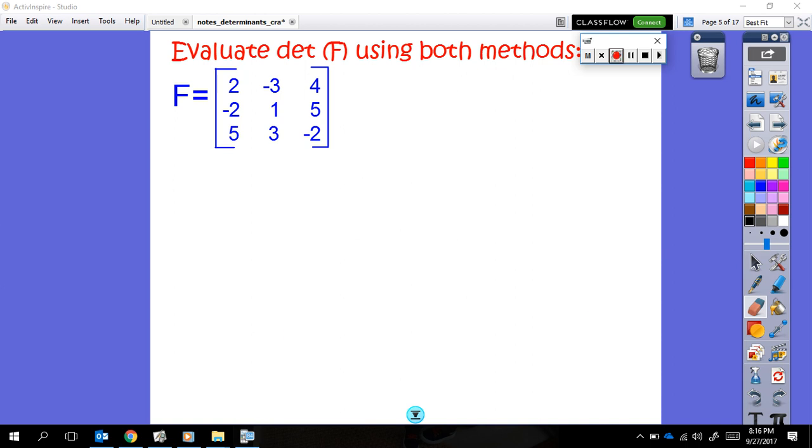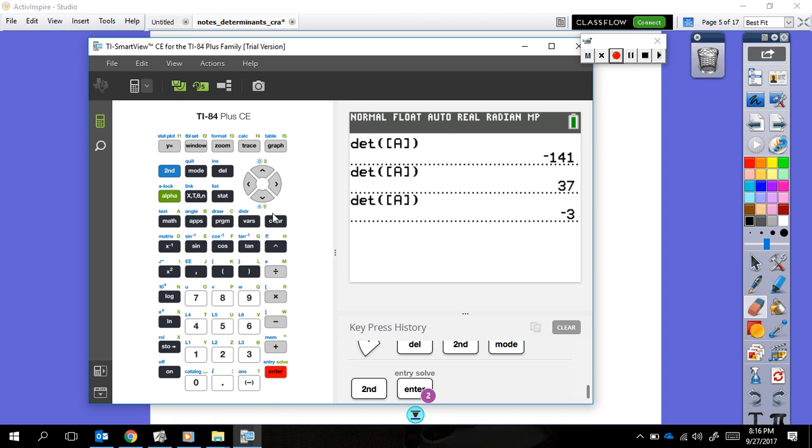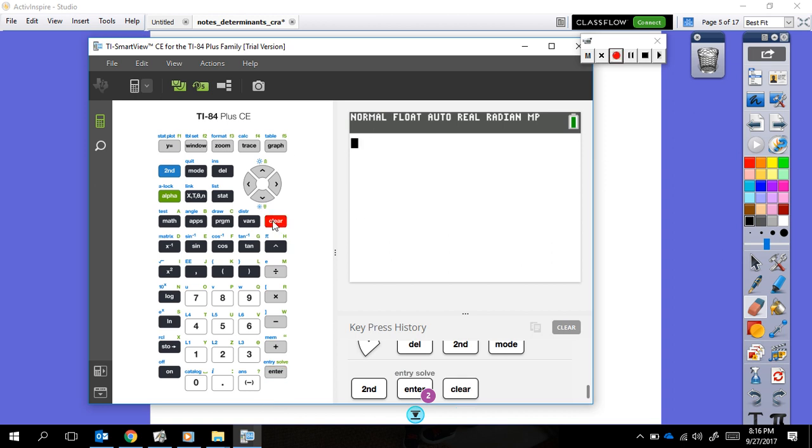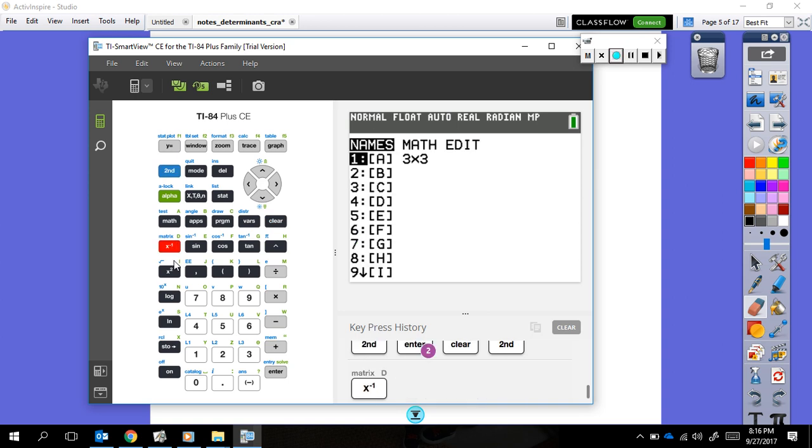Okay, so now I want to show you how to do these on your calculator because they're actually pretty simple. And I know mine looks a little weird, but the buttons are pretty much the same. So you're going to hit second matrix, and some of you will have a matrix button and some of you will just have second matrix. So just look for the matrix button on your calculator. We're going to go over to edit,